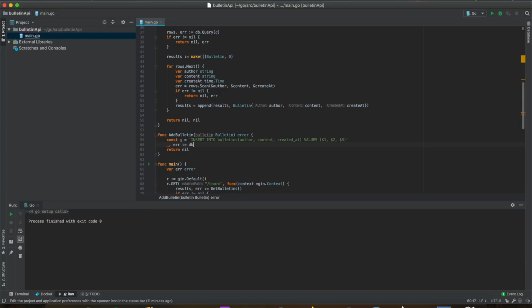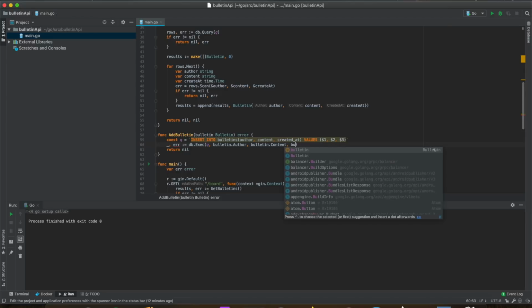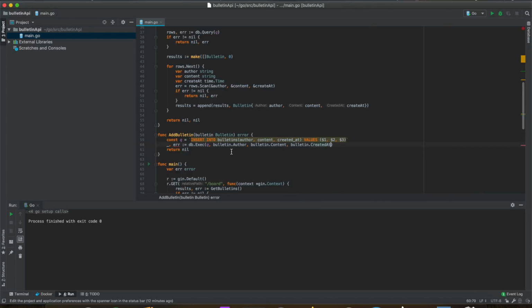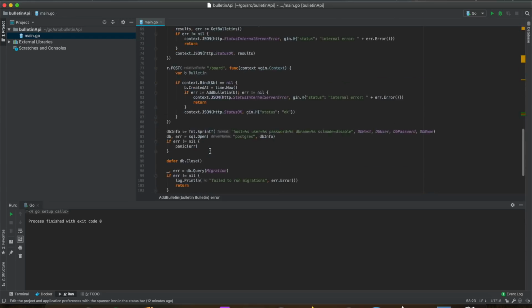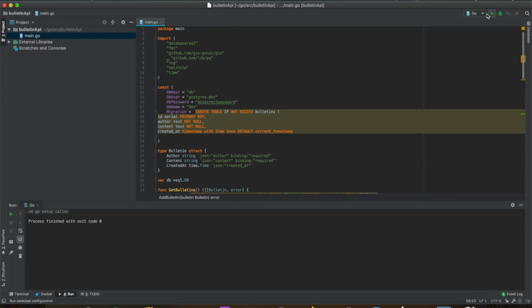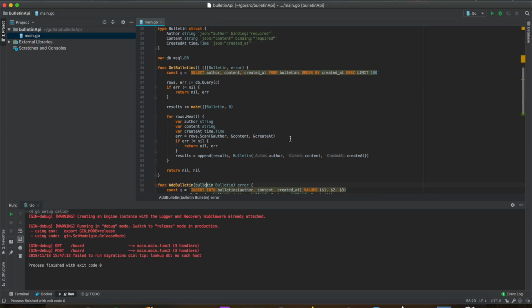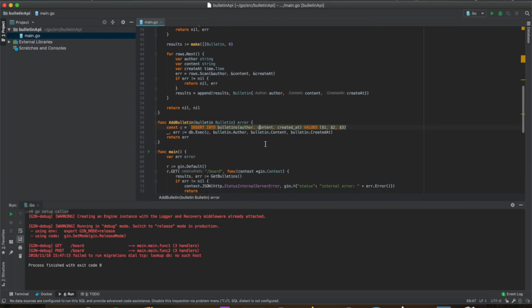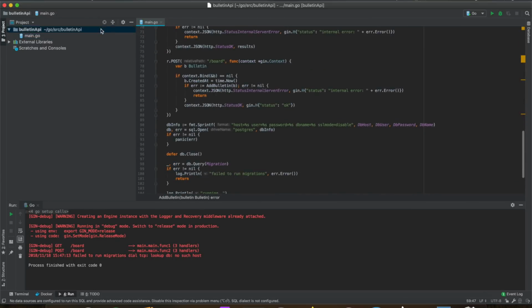and error. And now let's just execute the query with the parameters we got from our structure. Great. And we'll just return error. Okay, this should be it. Let's compile it to make sure it works. It's compiling. Great. Fails obviously because it can't connect to the database,